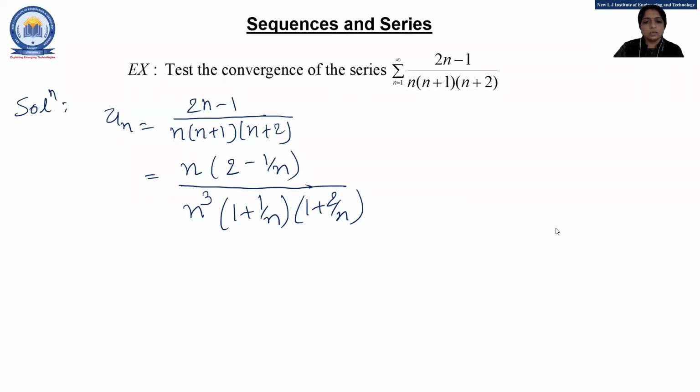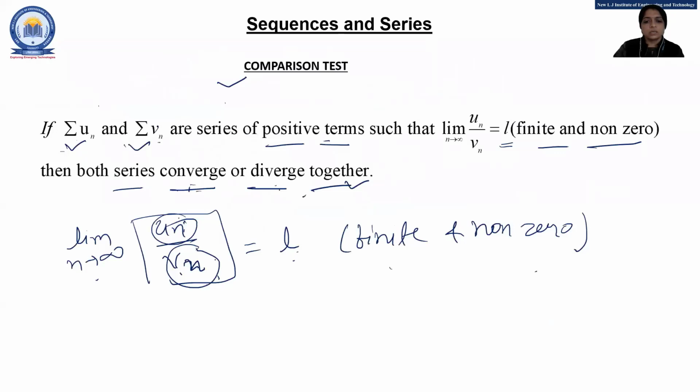What is your doubt, Janil? Your doubt is, if this L is infinite, then what? If this L is infinite, then we can't say anything about the convergence or the divergence of the series. This rule is applicable only if this L is finite and non-zero. If L is infinite, then we can't say about the convergence and divergence of this ratio.